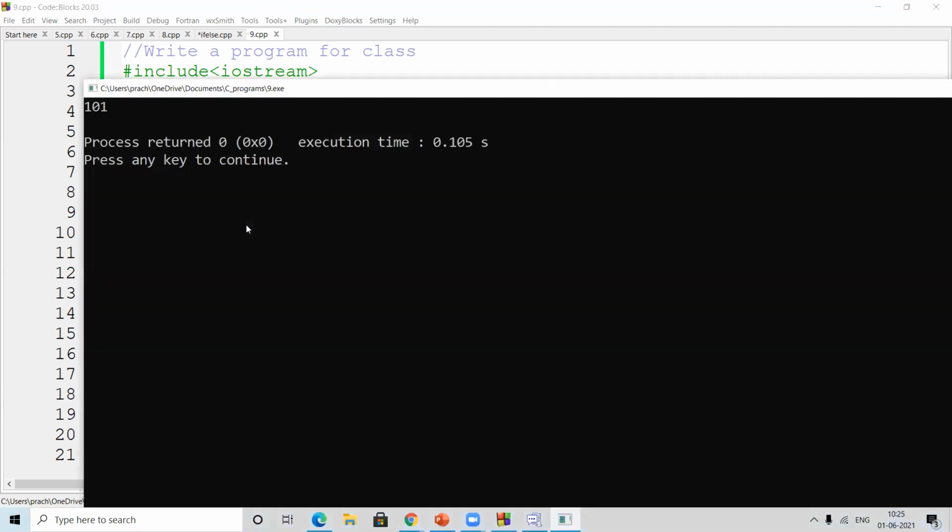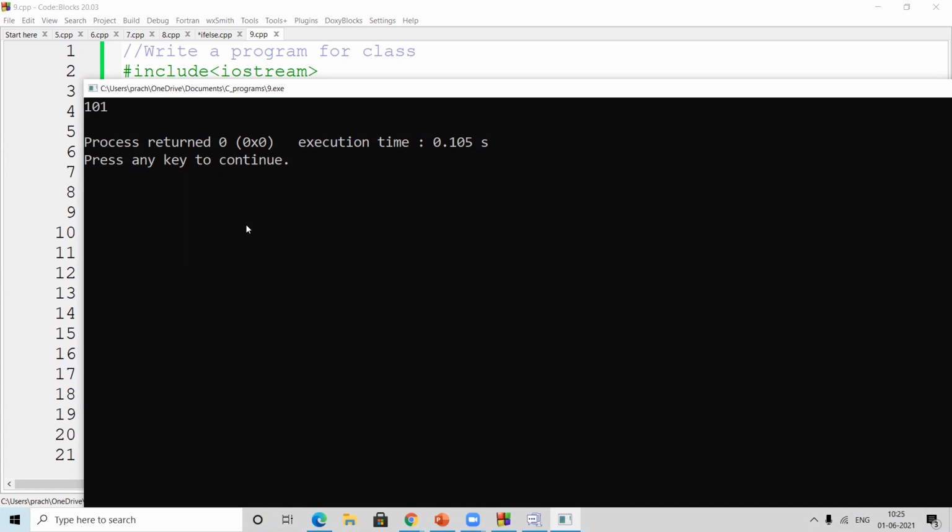Okay, so right now, what we have done is declared a class, taken the object, and then moved forward with the object. We have assigned values in main, and then put it onto the screen.